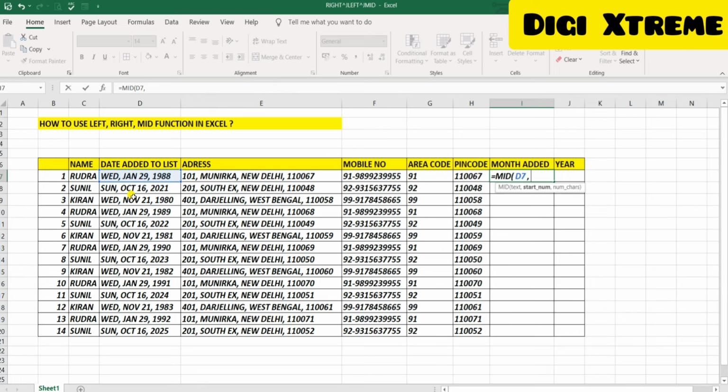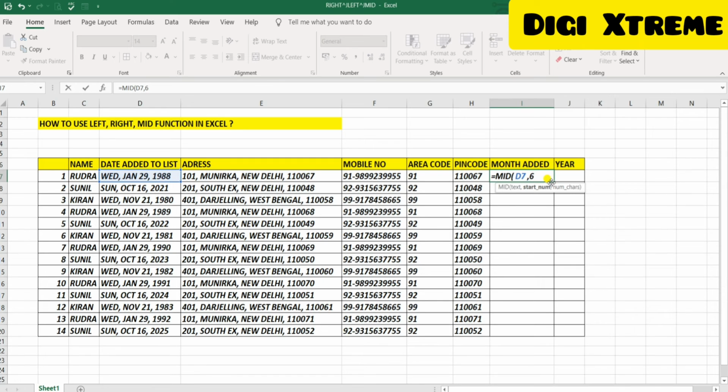Now comma, it is asking for start number. Start number means how many characters we have before this January. So let's count from the left. It's 1 2 3 4 5 6, because there is a space also, so we will be mentioning 6 because space is also counted as a character in Excel.